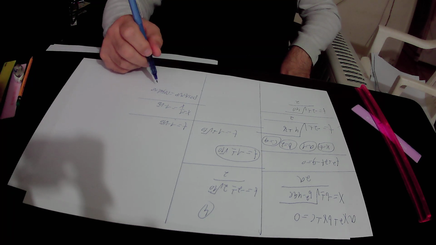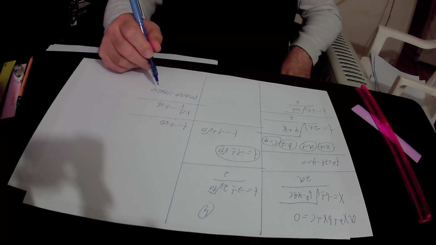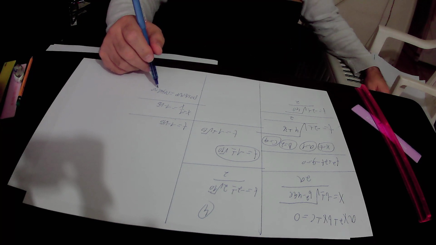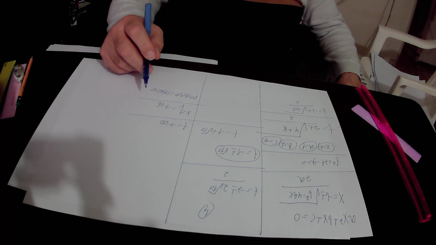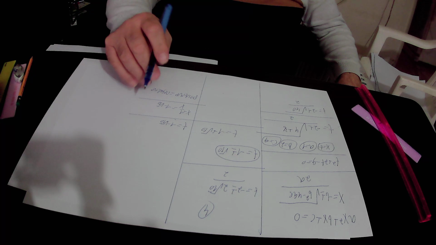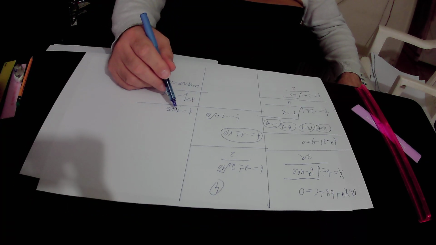So we got here to the solution that a positive number is equal to a negative number. That, of course, is not true, so we have here a contradiction. Therefore, the second possibility for the solution for t, that is minus 1 minus square root of 10, is not correct. We will cancel this